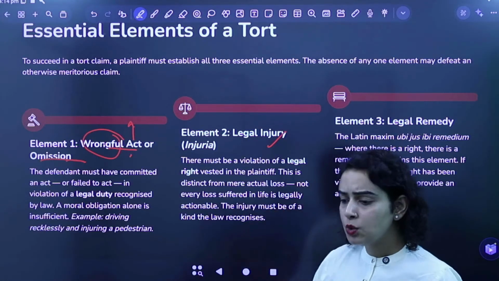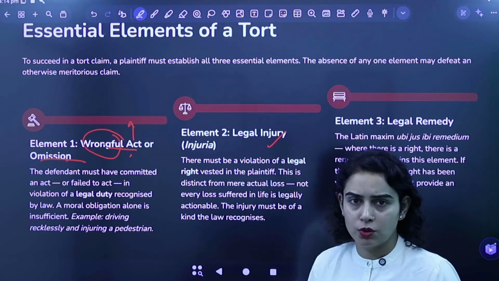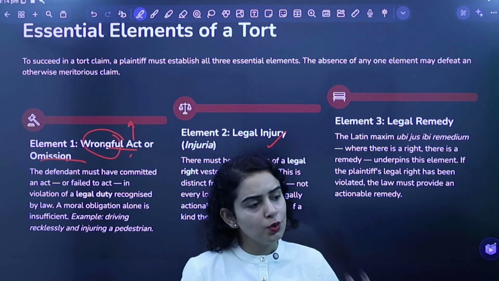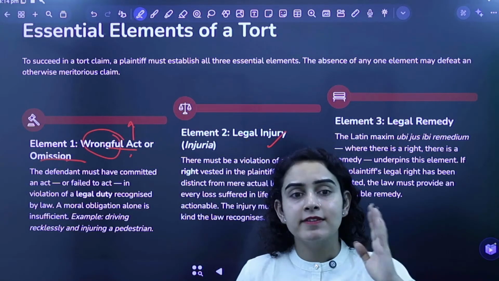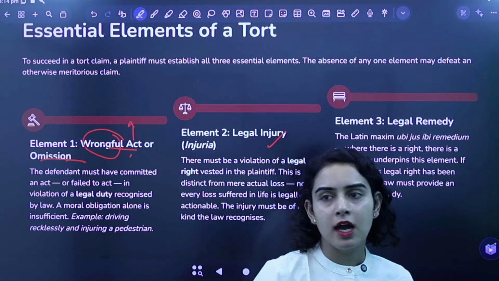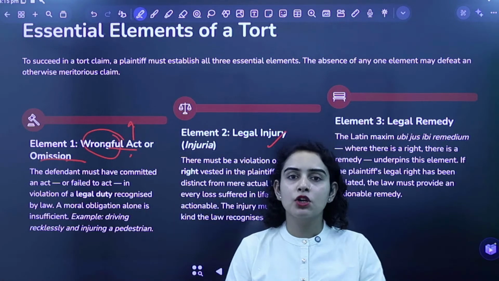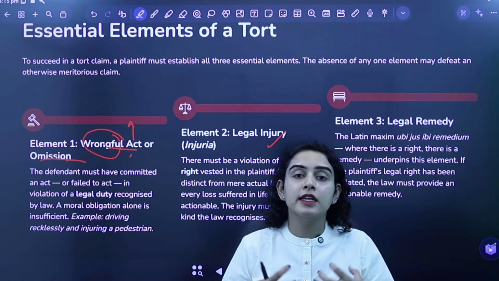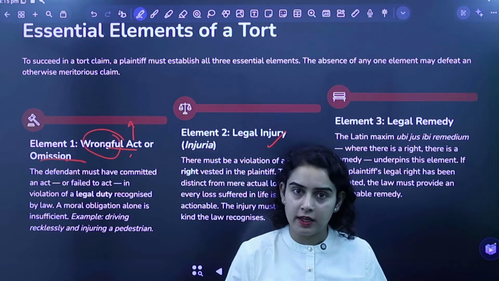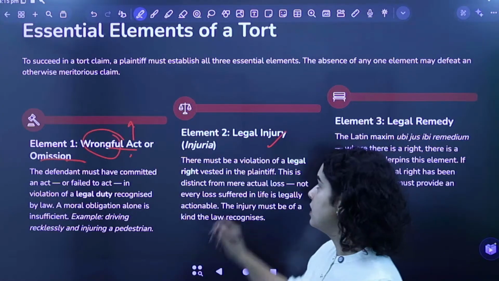It can be you maybe getting deprived of using something that belonged to you, right? For example, now you were driving on the road and somebody comes and bumps into your car. You had a right to drive safely on the road, to be safe on the road. Now someone comes and bumps into your car because they were careless and they were negligent. In that case, it's not your fault, but still your legal right has been breached. आपके साथ तो legal injury हो गई है, right? Anything that is legally wrong that has happened to you is a legal injury.